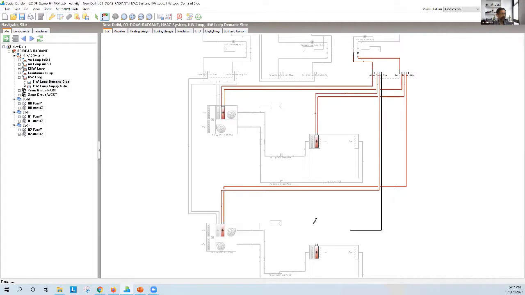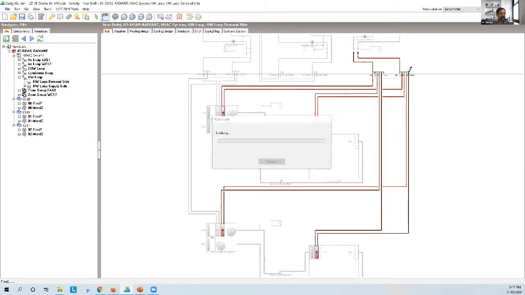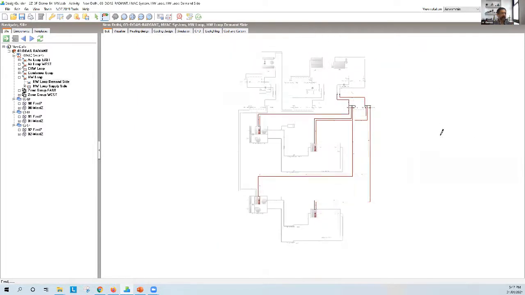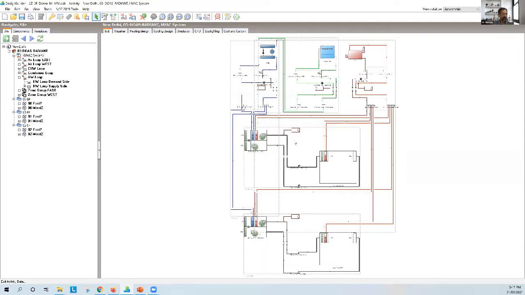And the dark one goes to the inside there, and this one, there we go. Okay, so now all set. Now, because I cloned everything, my control strategy for each AHU will be exactly the same. The set point manager would have been cloned, so it knows what it's doing. It's doing the same sort of control